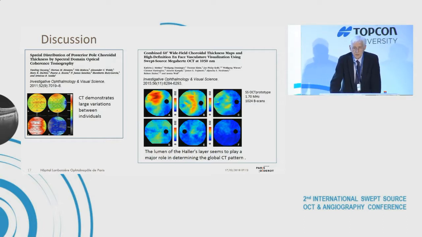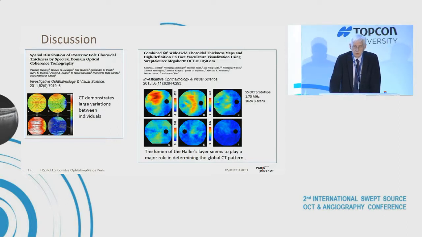In a very sophisticated paper by the Munich group using a swept-source OCT prototype running at 100.7 megahertz, with only 9 eyes, but very well examined,